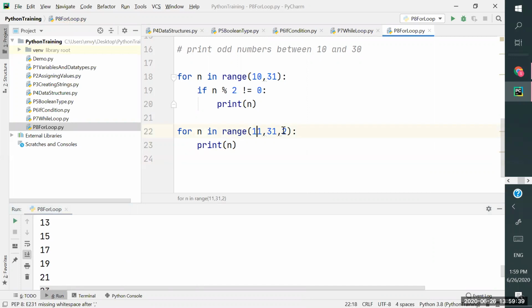In range, if you give only one number, it is going to generate numbers from 0 to that number. If you give a range start and range end, it will start from here and end here. And if you give any number as the third parameter, that is the incrementation. So now using this technique, we'll also print